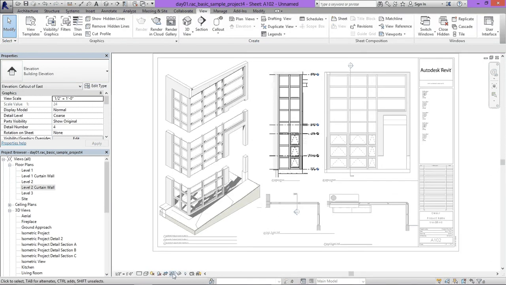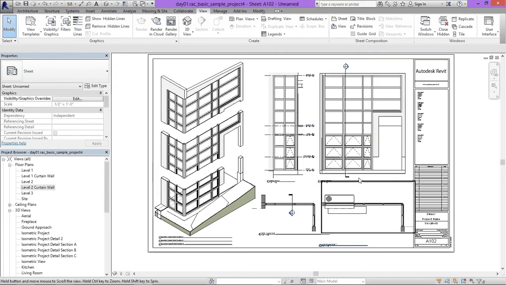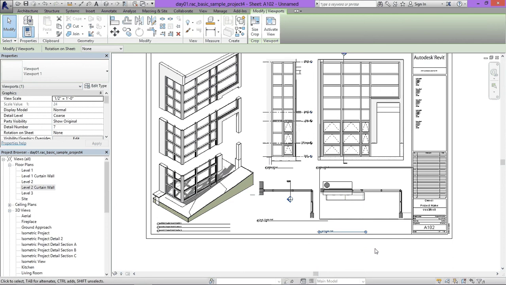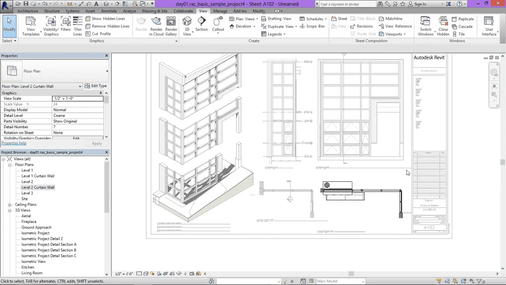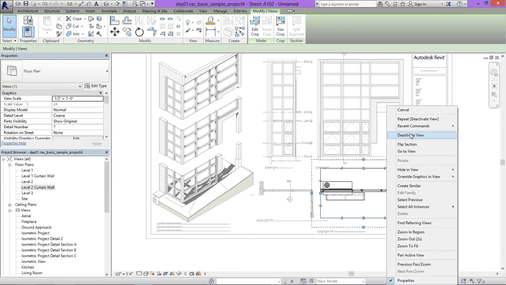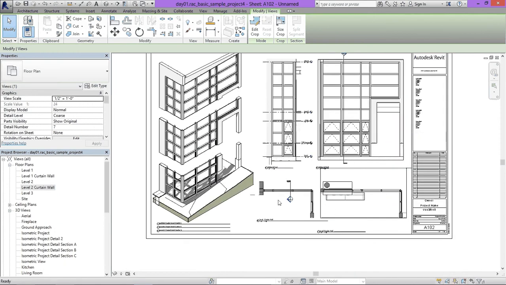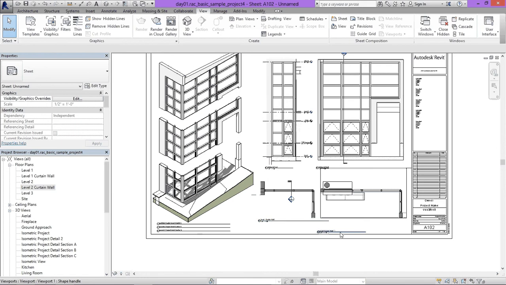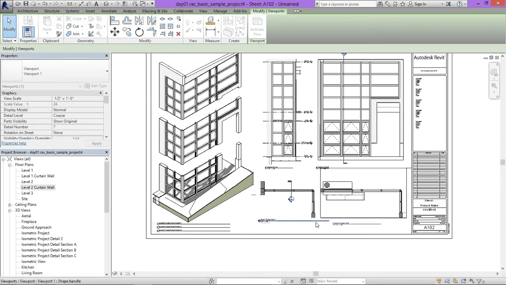Select, turn off that, right click, deactivate. Now this one doesn't need alignment. This is the one that needs alignment because it's talking plan to elevation. So in that sense, that has to be under control. Now the other one only has to be fitted correctly, no? Deactivate. Good. Now, obviously we need to manage our,